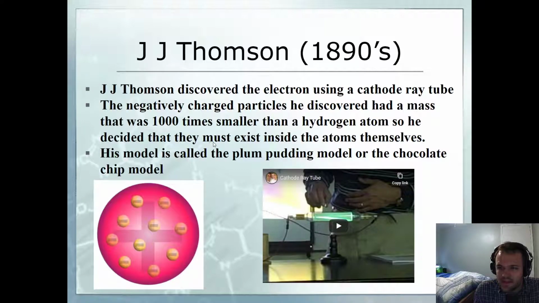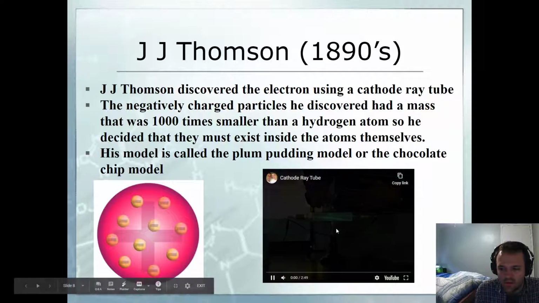Okay, and it took 80 years after him for someone else to come along and come up with a revision to his idea. So J.J. Thomson was the next guy to come along, and he actually discovered the electron. He discovered that there were particles smaller than the atom and that they had negative charges. He did that using what's called a cathode ray tube. And if you look here at this little video,